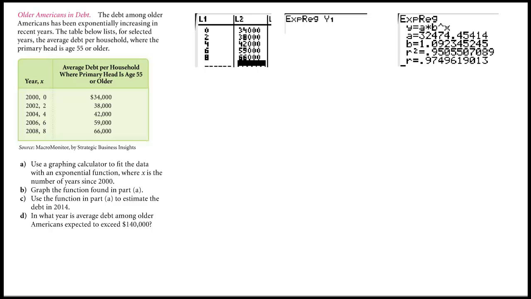So we're going to take a look at part A. Again, look at the data. X starting at 2000 is 0 going through 8. Then L2 lists the average debt per household. Do your exponential, which is the ExpReg, and that will give me the equation of y is equal to